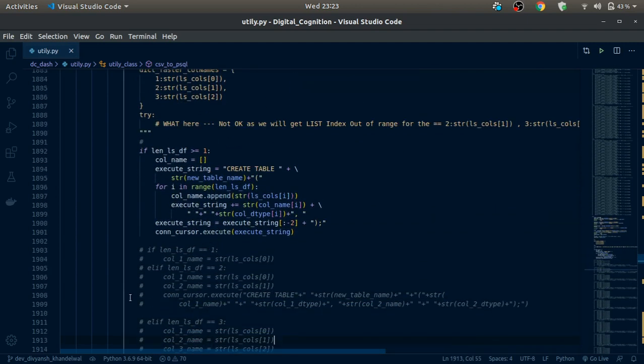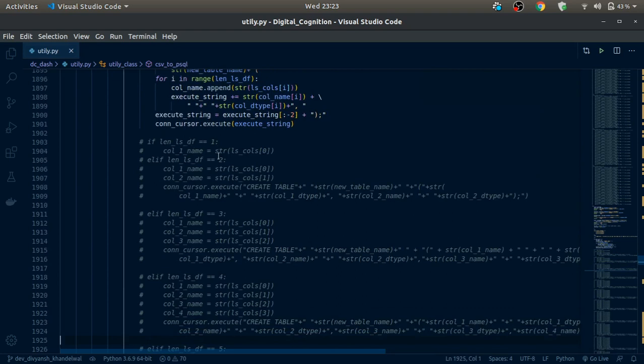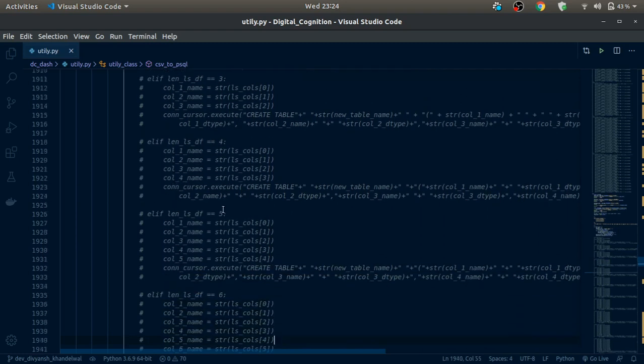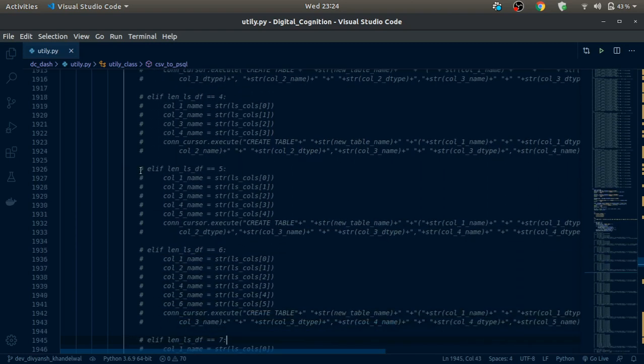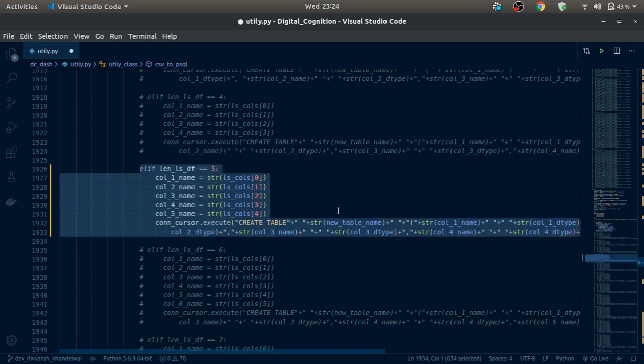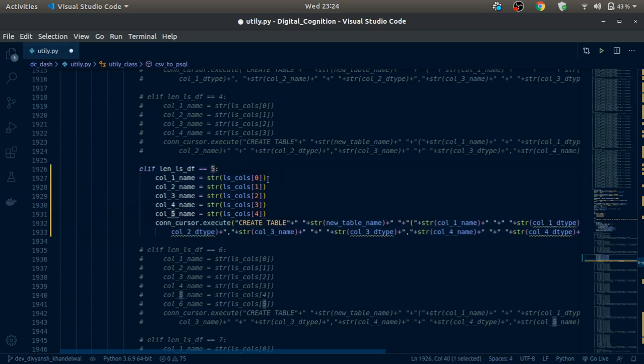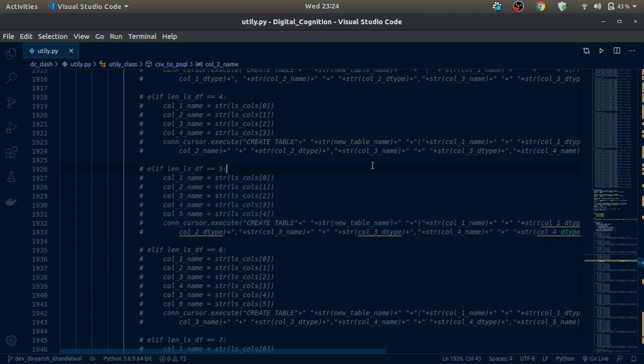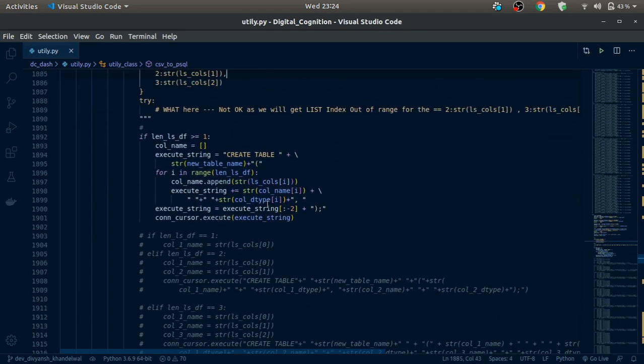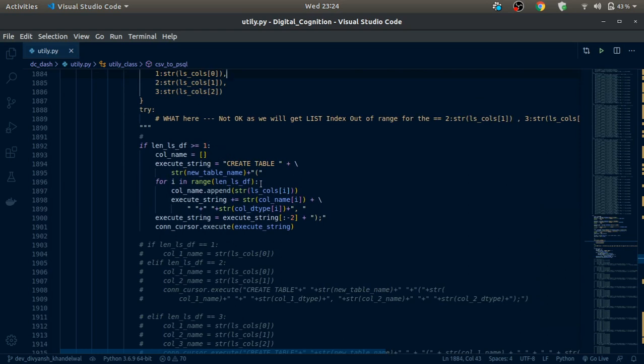Another thing was the same in this case also. There were if else checks for each column. Let me uncomment this. You see, if the length was 5, have these steps and then execute. If the length was 6, add these steps and then execute, so it was not scalable at all. What I did was the same: I basically made a for loop, and this array will take care of everything.